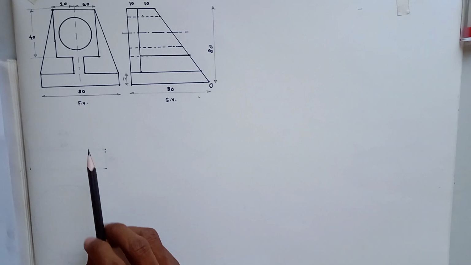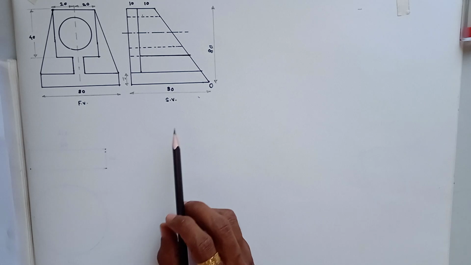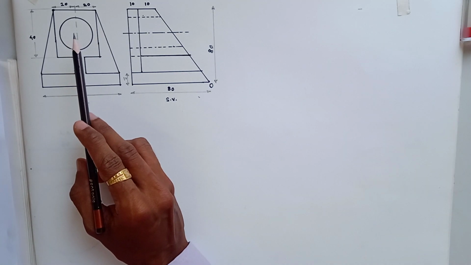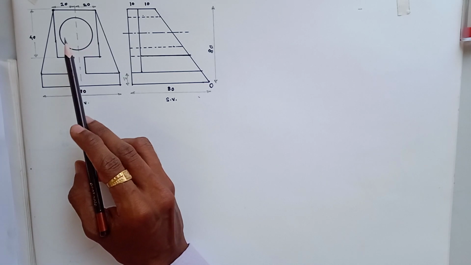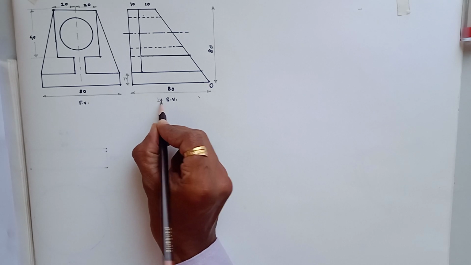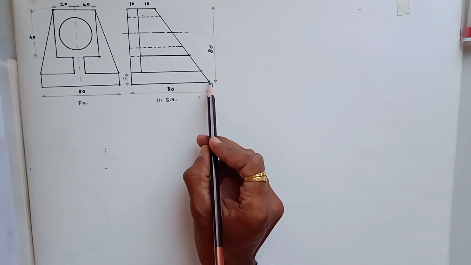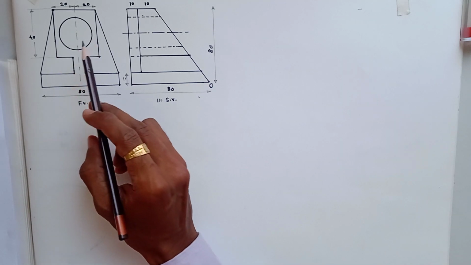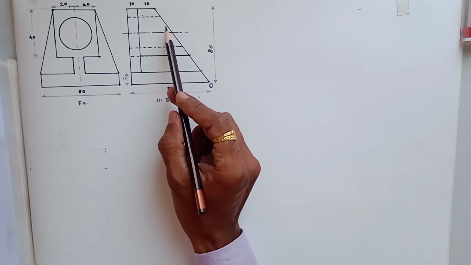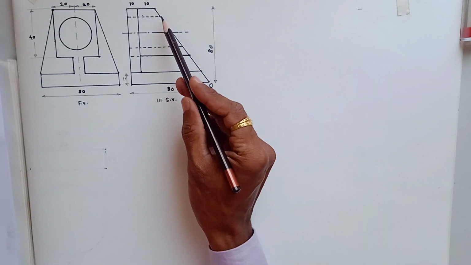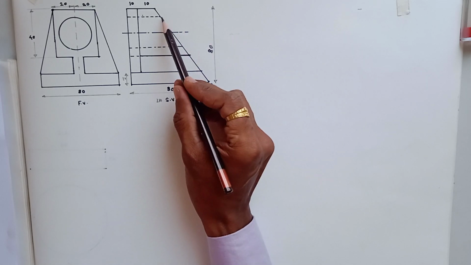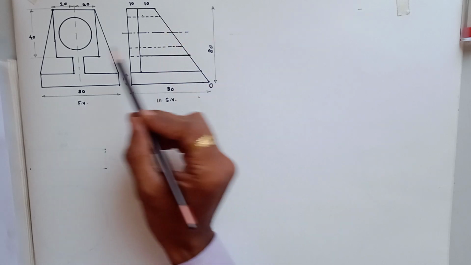So if you refer to the given front view and side view, we can see this circle in the front view. Actually it is not a circular hole. If you observe the side view, which right now is a left hand side view, you can see this inclined line. When we project this circle onto the inclined line, the geometry is converted into an ellipse. So on the 3D object there is an elliptical hole, and if you observe from this side, which is the front view, the projection of the ellipse will appear as a circle.